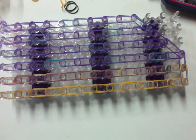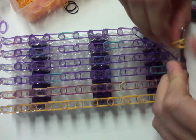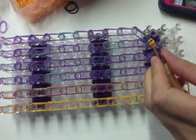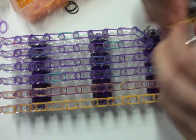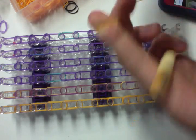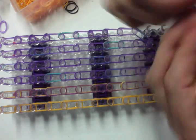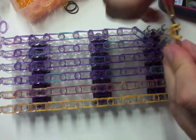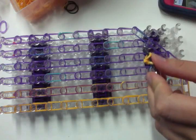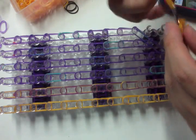Alright, we're going to make some wing ridges, okay, with mango. So you're going to take a mango and you're going to wrap it around your hook, creating 5 loops. You're going to double loop mango, pull it on, reclaim, do another, pull it on, reclaim, do another, pull it on and reclaim, then take 2, pull on, reclaim, 2 more,